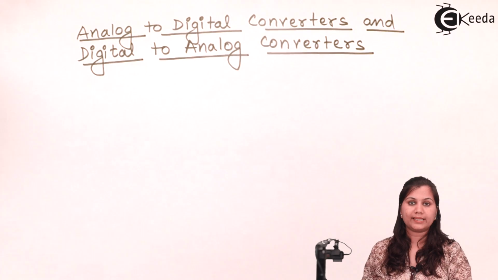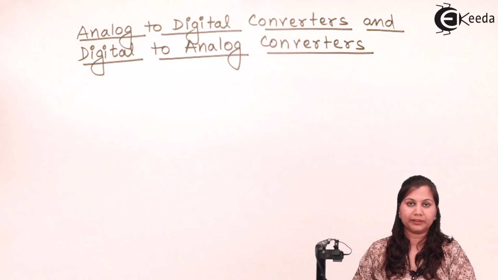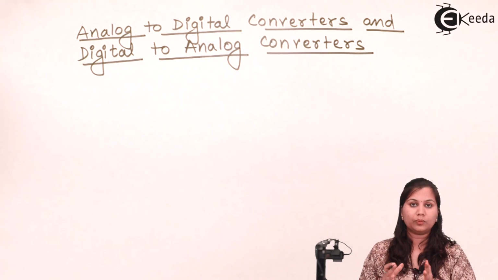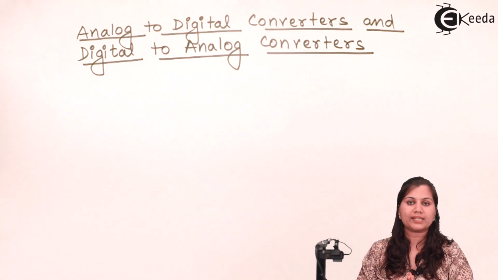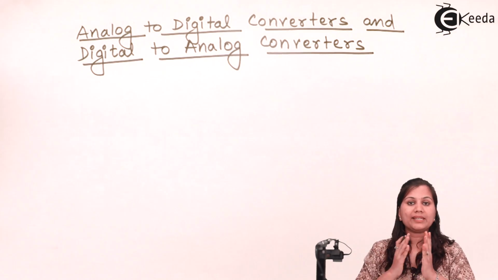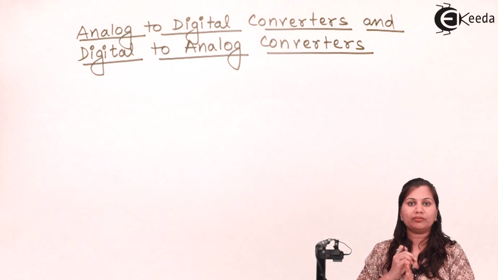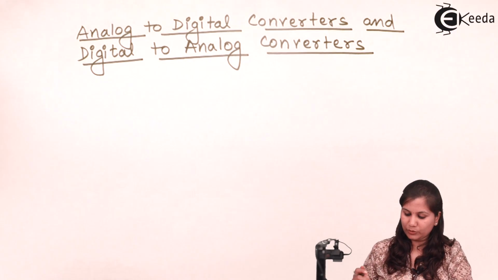So let us first see what analog to digital and digital to analog converters are. In this physical world or real world, most of the signals are analog signals. Analog signals are those signals which change continuously with time, meaning at every instant of time we have different values for the analog signal. So if we represent an analog signal, it will be like,